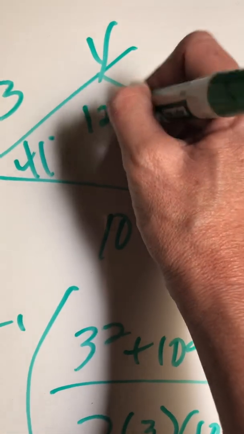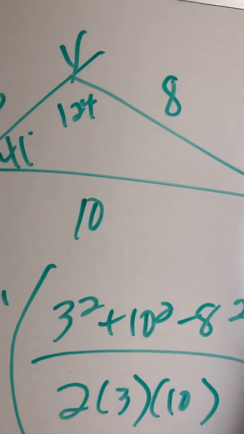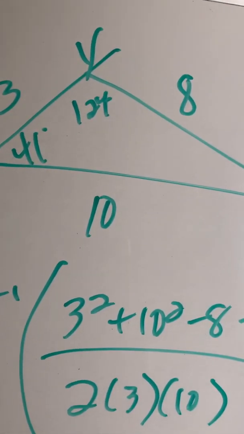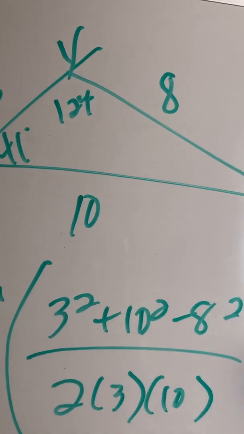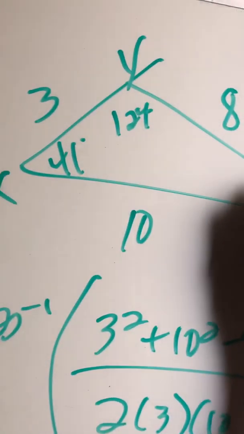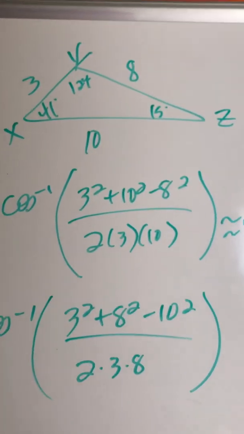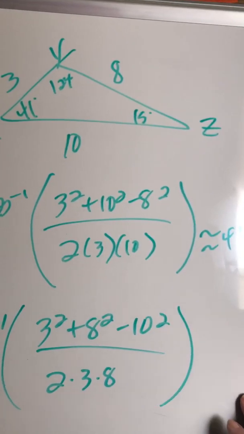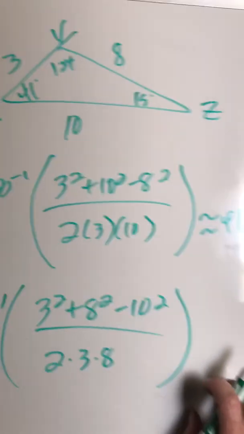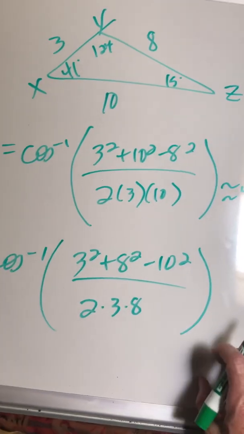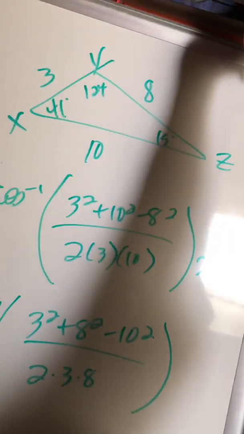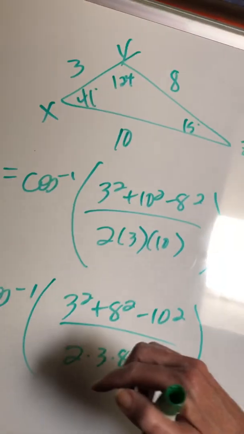So this is 124. So if I want z, I just do 180 minus 41 minus 124 and get 15. So this angle's 15. So that's how you find angle measures using law of cosines. I've shown you side lengths, I've shown you angle measures. Okay. Then